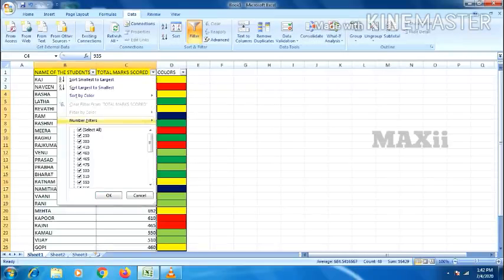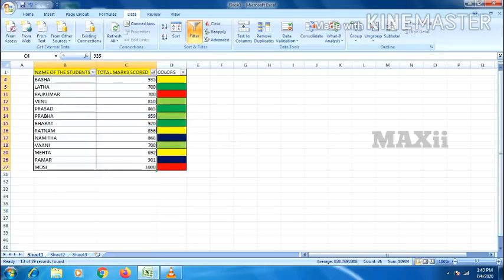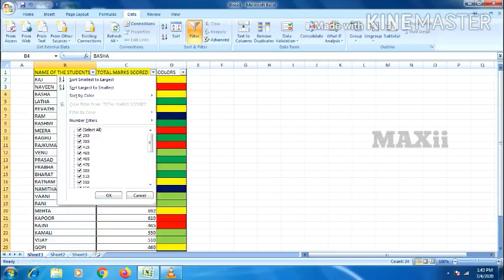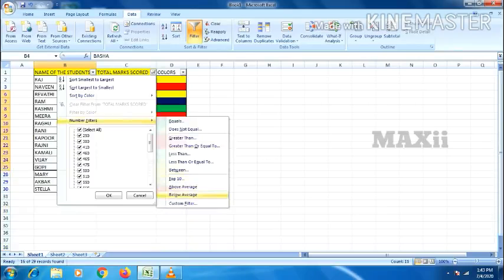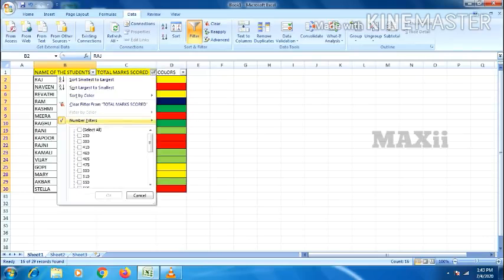Above average: it will automatically take the marks, calculate the average, and show those who scored above the average marks. 13 candidates have got above average marks. And below average: 16 candidates have got below the average marks.